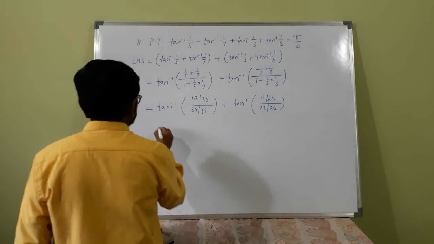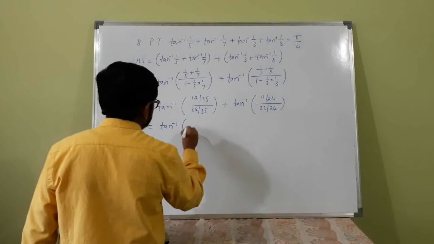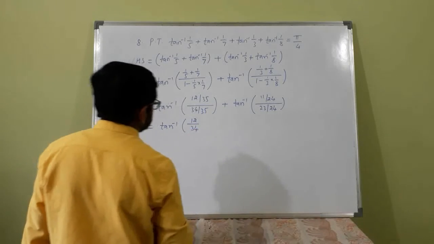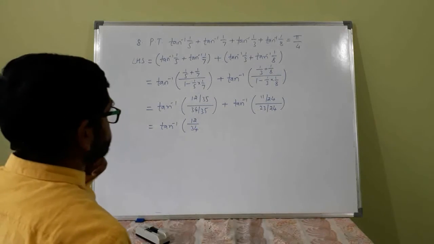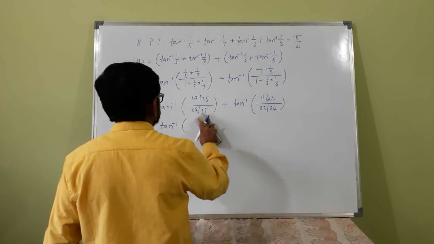This is the same as tan inverse of 12 by 34, or you can write this as 6 by 17. I will write 6 by 17